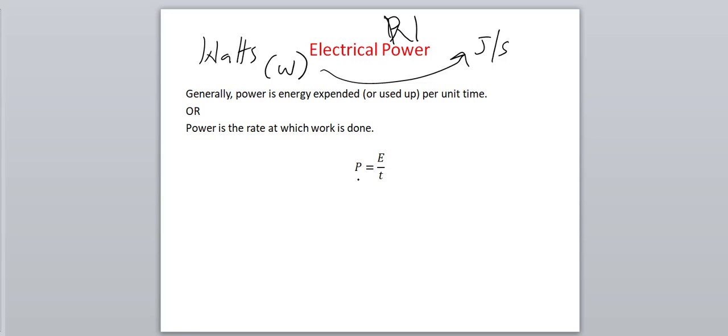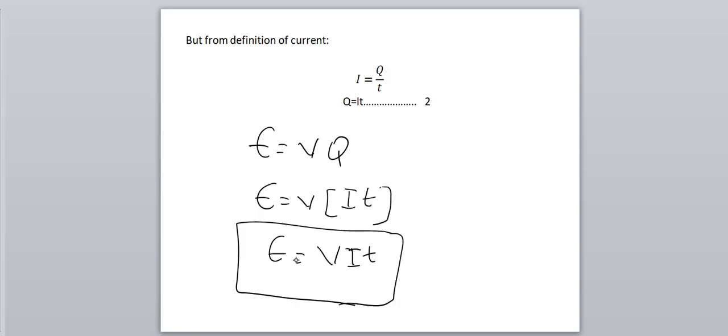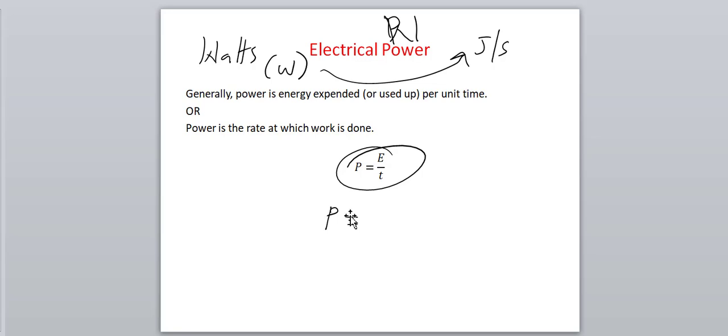So from that definition of power, energy expended per unit time, this is the formula for power. Power is energy per time. When you measure energy per given time, what you get is power. So from that definition, we can now proceed further and say, since energy from our previous calculation is VIT, we can now say power is VIT